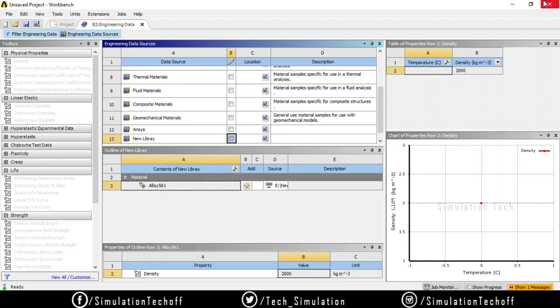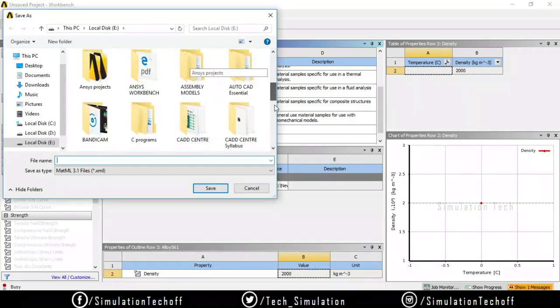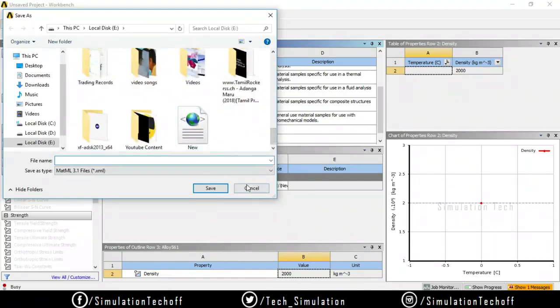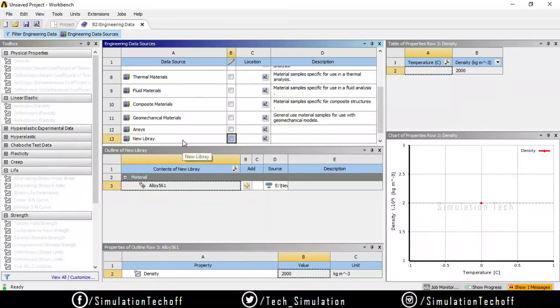Okay, so for some reason I need to transfer this material data to my colleague, or else I just worked on my office system, so I want to transfer the material data. So for example, in my new library I have six different types of materials. I want the entire material data to transfer to my personal laptop. How can I? So we have an option to save this. This particular library is saved in a location. In this location, you can easily access it in the name of new.